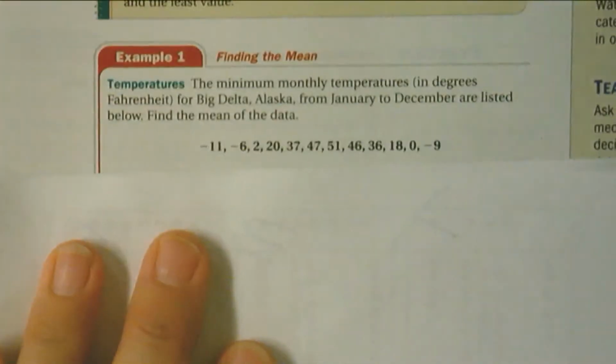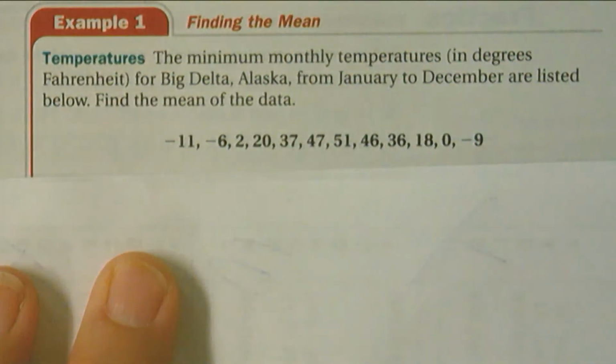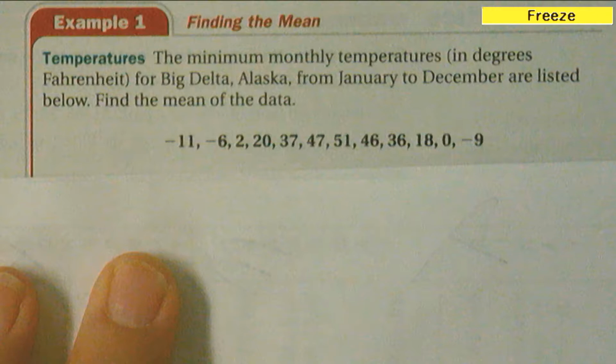I'm going to give myself some more room, and I'm just going to flip. Let me show you this example. This is example number 1 from page 39, if you're someone that likes to go back to that. I want you to write down this information. This is a story problem, so you need to write down some of the description of what they're talking about and these values. Don't just write the values down, because someone needs to know what you're talking about in the story problem. Go ahead and write that information down, and then we're going to talk about how you're going to find this.